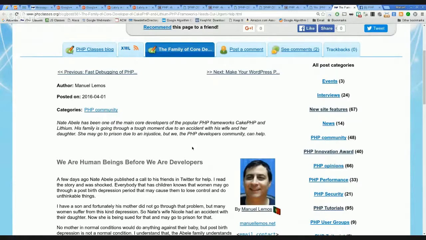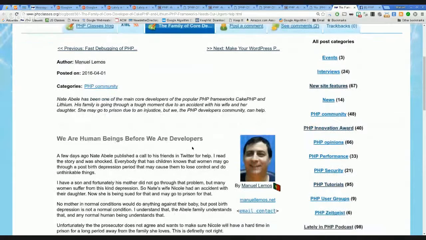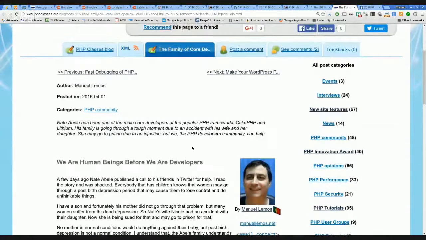Now they are in court trying to avoid that she goes to prison for something that certainly she didn't want to commit, but since it is a special condition that happens to women after they have their kids, they are now looking for donations to help fund the costs of the lawyers and the experts so they can win their case in court.